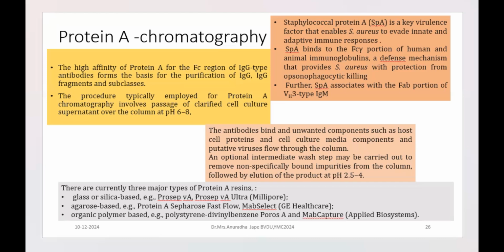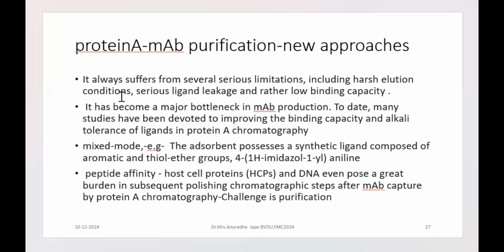So is there any other solution? Of course, is protein A not used? Yes, it is used. As I said, there are different types of resins which are prepared using staphylococcal protein A as ligand, right? This protein A, as I said earlier, is used for monoclonal antibody purification. But what if the interaction is very strong and the acidic conditions are going to interfere with the functionality or structure of the antibody? So advancements are done, which include, say, mixed modes, right? So in mixed modes, what is done is